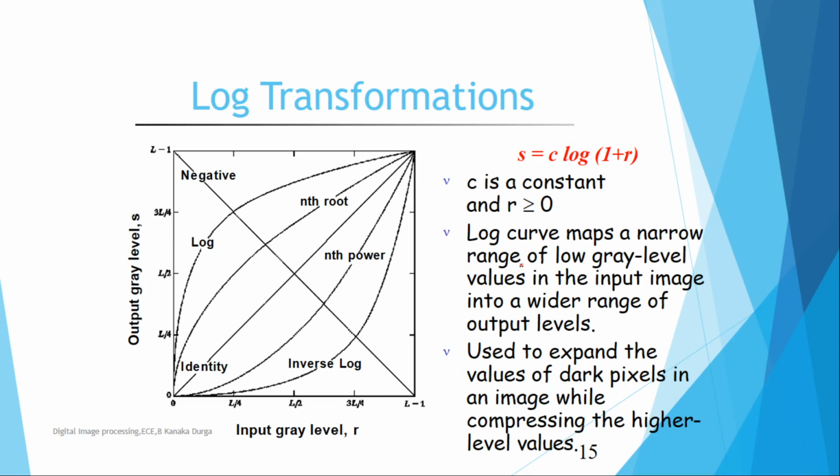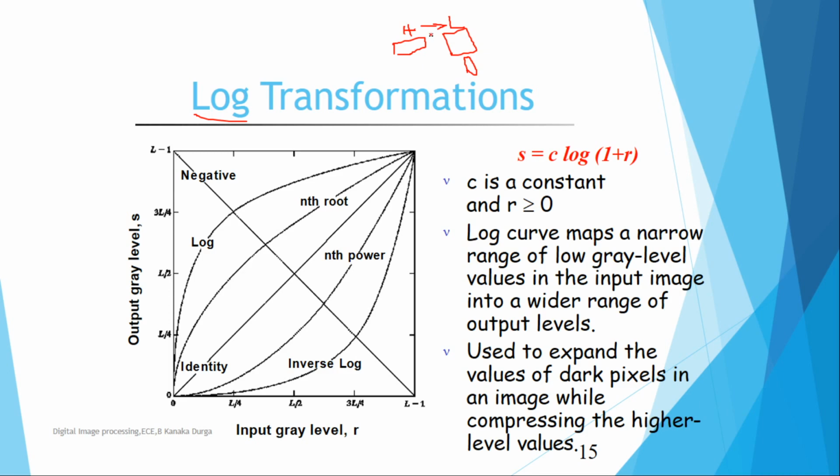So what happens in the log transformation? The problem arises when we have an image with higher intensity values, and the display devices go for low intensity values. So the conversion has to go from higher intensity values to lower intensity values. We have to compress the intensity values, and at that time we go for the log transformation technique. Otherwise the image is projected blurred in nature and cannot be displayed properly. To overcome such problems, we go for log transformation.